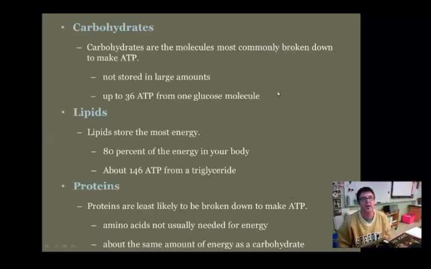Where do we get our energy from? Well, here's a review of macromolecules: carbohydrates, lipids, proteins, and what's that 4th one? Do you remember? Let you think about that. Okay. That last one we don't get energy from, so that's why it's not up here. But carbohydrates, which are basically sugars, okay, that's where we get a lot of our energy. And down here you see we don't store them in large amounts. They're more for quick energy, and we can actually make 36 ATP molecules from 1 glucose molecule. That's pretty efficient.